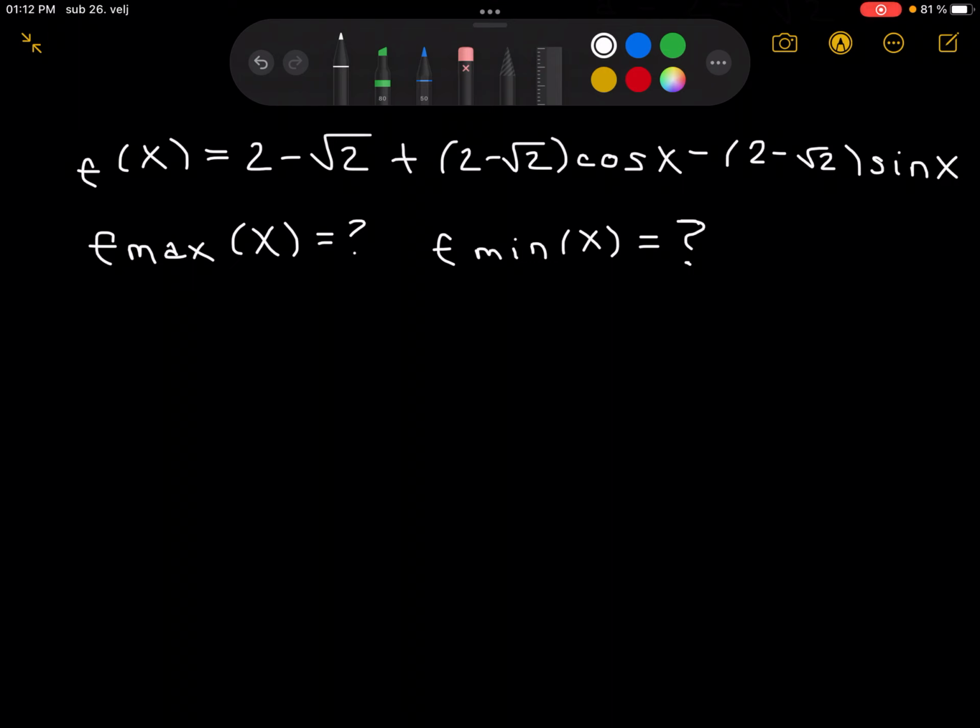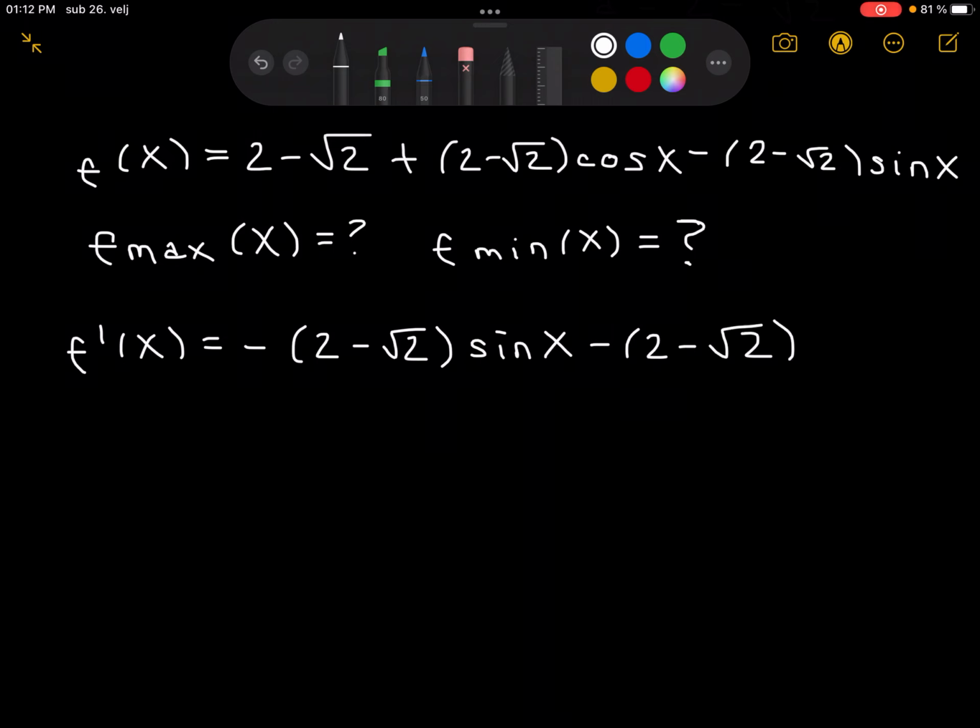So let's first take the derivative of this function. So f prime of x will be the derivative of the right hand side. So the derivative of these constants is going to be 0. So now we can just write, and we know that the derivative of cosine x is negative sine x, so let's just put that in front. So minus 2 minus the square root of 2 times sine x minus 2 minus the square root of 2 times cosine